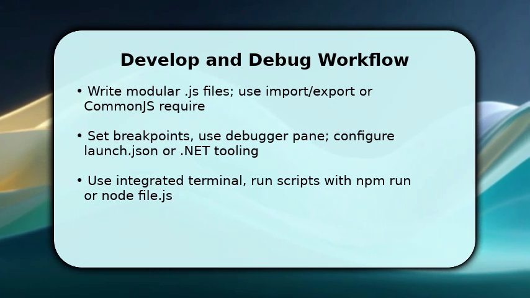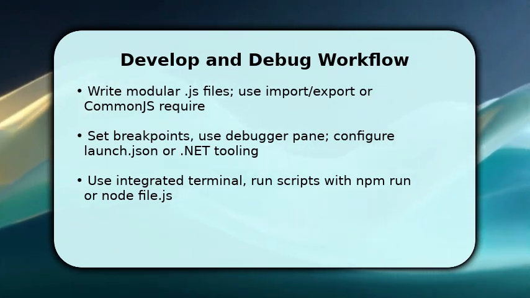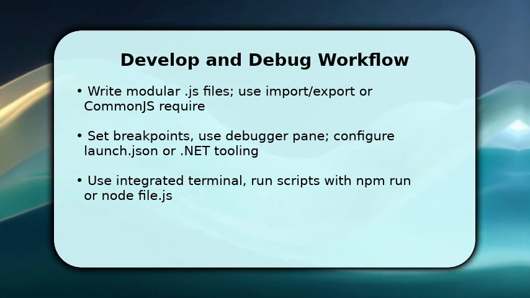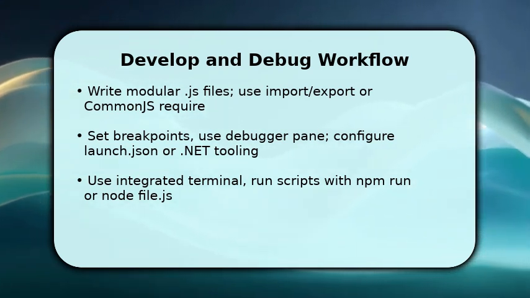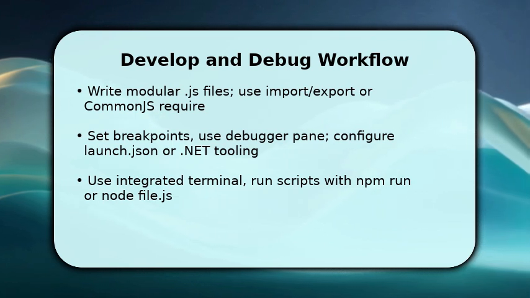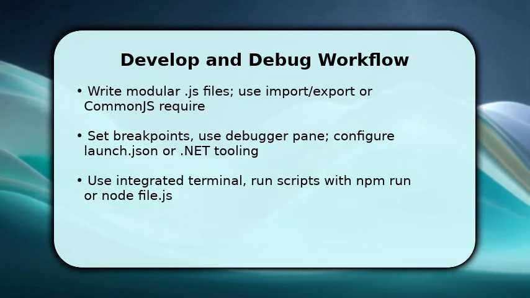Next, you build and iterate. Structure code into modules and pick a module system that fits your environment, ES modules for modern apps or CommonJS for Node scripts. Configure the editor debugger, create a launch.json in Visual Studio Code or use Visual Studio's project debug settings so you can set breakpoints and step through